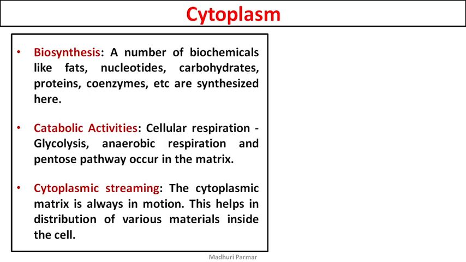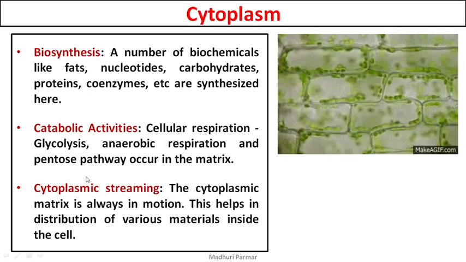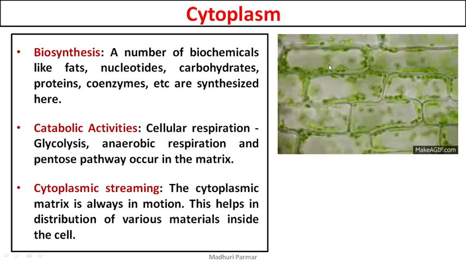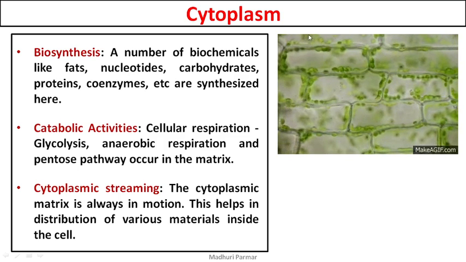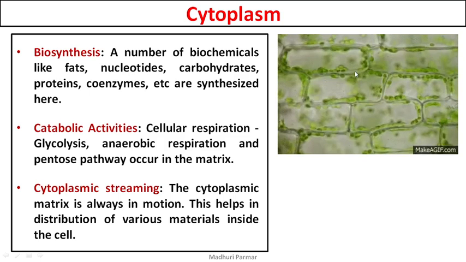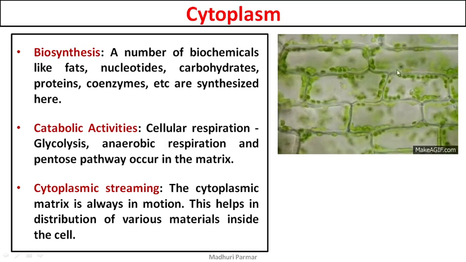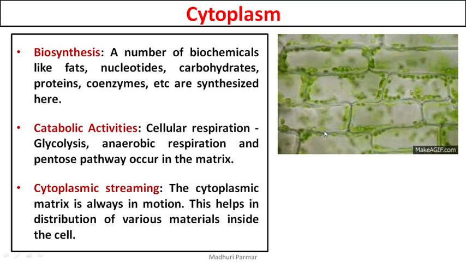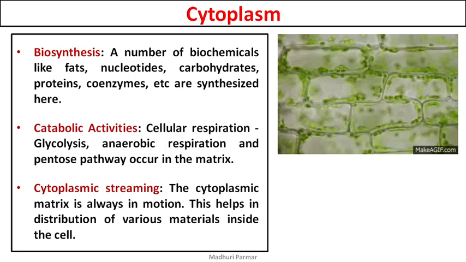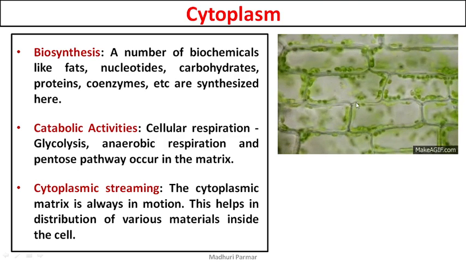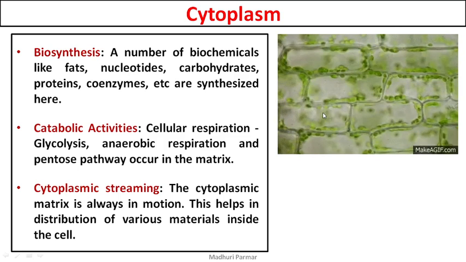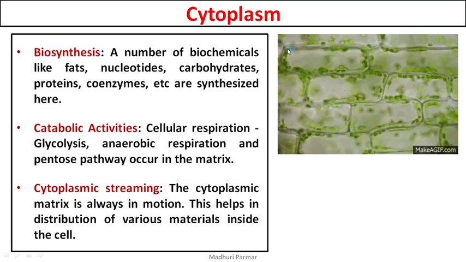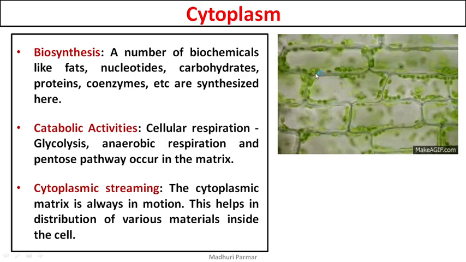Just let me show you how it is happening. See, these are the plant cells, and in these plant cells, because the chloroplast is green in color, you can actually see them moving. You can see the chloroplast moving. So this is how the cytoplasmic streaming works. Of course, this image has been sped up. So it is not this fast, but just for the sake of understanding, a lot of time has been compiled into the short section. So you can see the chloroplast moving around, and this is how all of the material gets distributed evenly